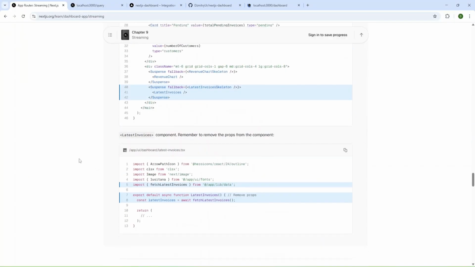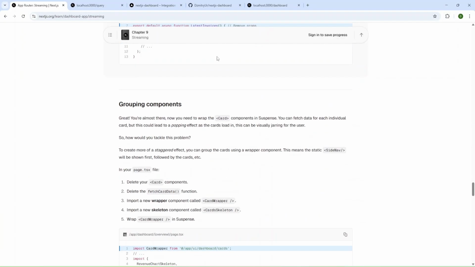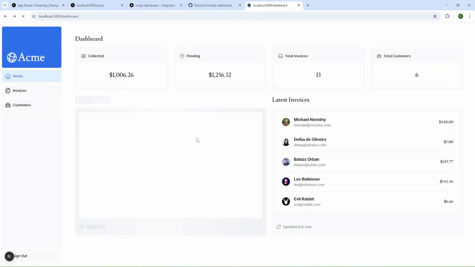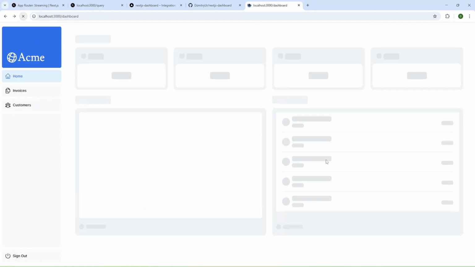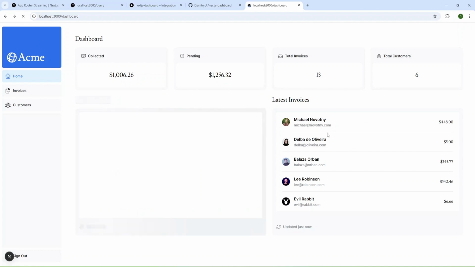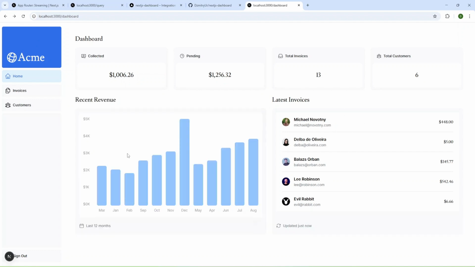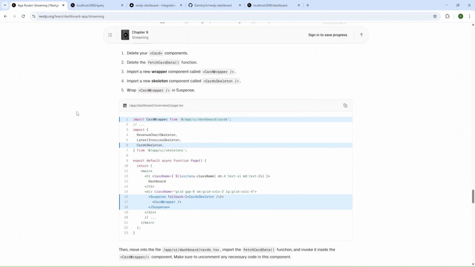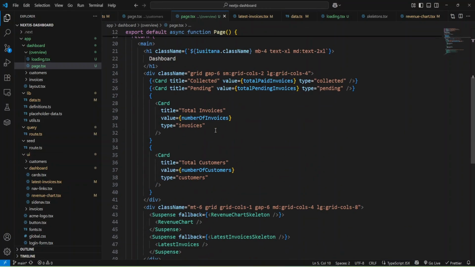Okay, and let's check we did this, and let me refresh the page, and as you can see, we have loading this, but we haven't added 3 seconds, and it was pretty fast, but we can see this skeleton. Now we need to do the same for cart, and let's do it.